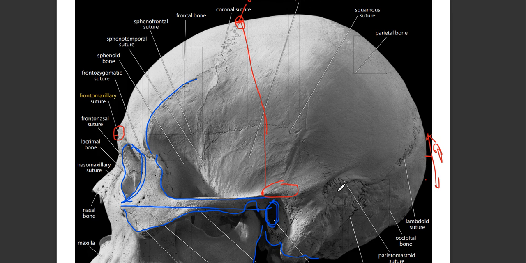So only the brain box, therefore the maximum height is between these two junctions. Now at the back we do not have a clear key landmark which could give the maximum point. The maximum height could be located from here, but at the base we do not have the maximum point. So this is a very calculated decision that we take, from bregma to basion, to calculate the maximum height. Fine. So also go by the name of the definitions, the name of the measurements that we're taking up. So this is the cranial height from bregma to basion.